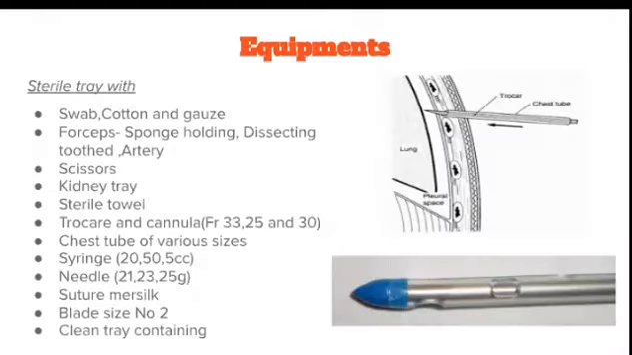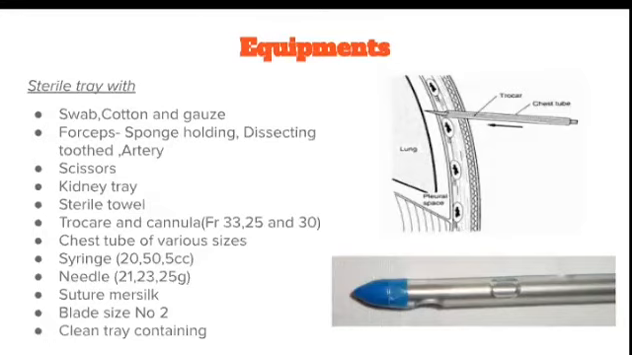Next is equipments. As a nurse, we will be preparing the equipments and articles needed for the intercostal drain connection. Usually we prepare the equipment before the patient. So what are all the articles needed here? We will have 2 trays as usual: a sterile tray with swab, cotton and gauze pieces for cleaning, forceps, sponge holding forceps, dissecting toothed forceps and artery forceps with scissors, kidney tray, sterile towel, trocar